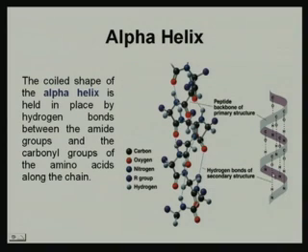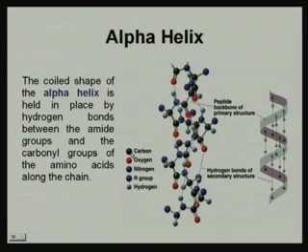When it is trying to be a coil like structure, the amine containing group has some hydrogen bonding with the carboxy end of another amino acid, and they are trying to form a little bit complex structure, and they try to associate the coil within this conformation, and that is, this coil shape of the alpha helix is held in place by hydrogen bond between the amide group and the carbonyl group of the amino acid.